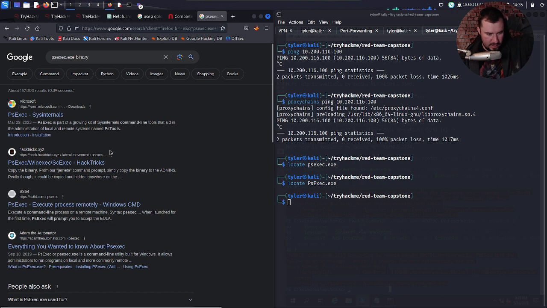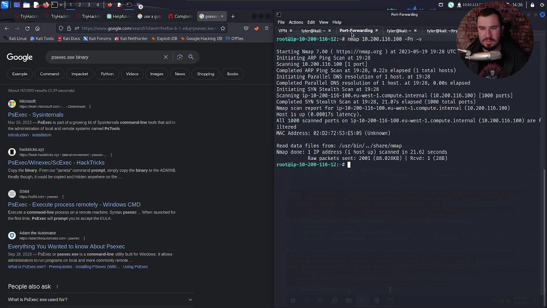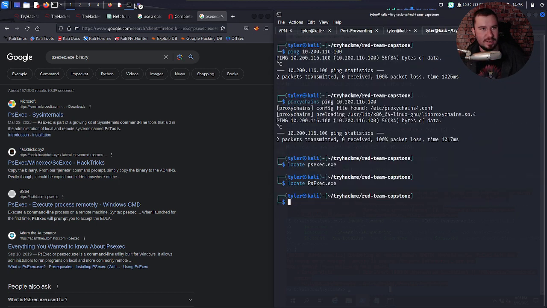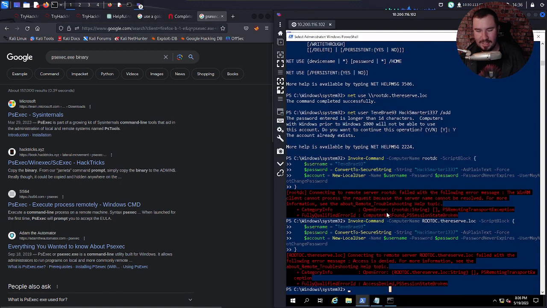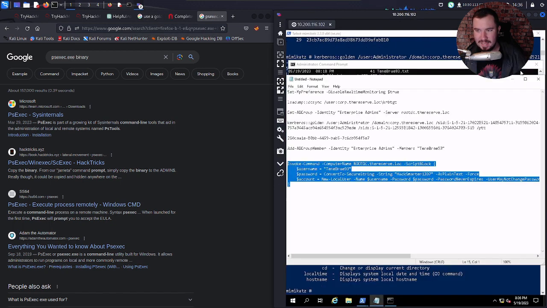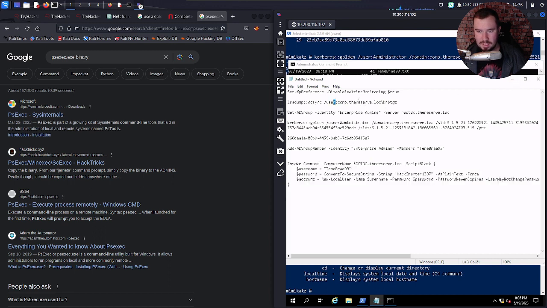Oh, good call. You should be able to DC sync the root DC and get the hash of the admin of the root domain, for example. Can I use Mimikatz for that? This is where you guys can obviously see my limited understanding of AD at this point. Like I got to this point, DC sync. So could I do like administrator here to get the local admin of root DC, I wonder? Like I wonder if this would work.